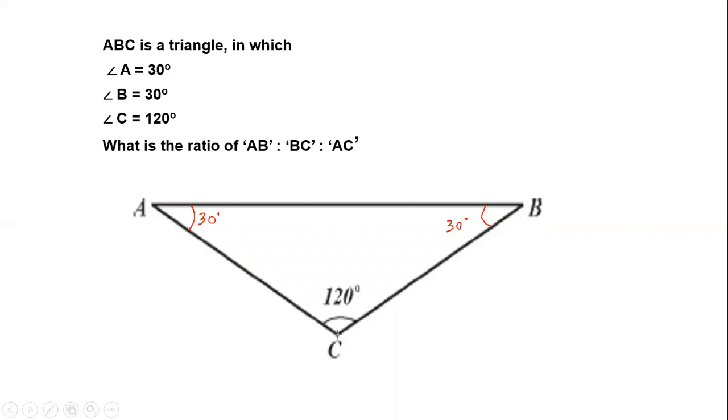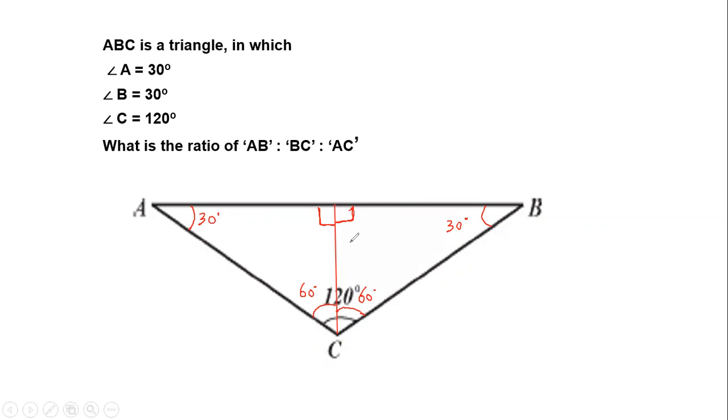We acknowledge if I try to draw a perpendicular in front of a 30, so this angle will definitely be 90. And if this is 90, this is 30, this has to be 60 because the sum is 180. Similarly, this is already 90 perpendicular, this is 30, so this has to be 60. So do you acknowledge what I did? I just converted this triangle into two special triangles of 30, 60, 90.